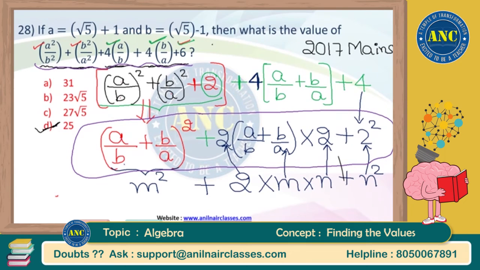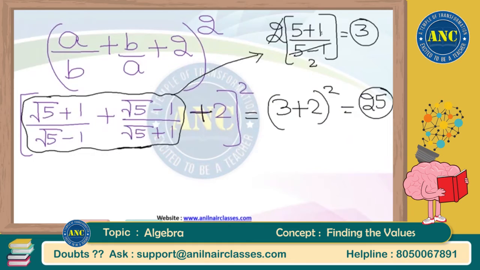Now, whatever method I have solved right now, I will call it as method 1, right? This I will call it as method 1. Now, sir, what is method 2 then? Is method 2 different completely from method 1? Definitely no. Method 2 is not at all different from method 1.